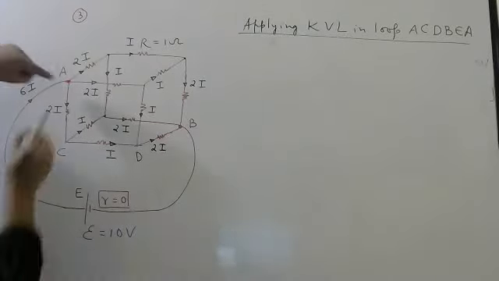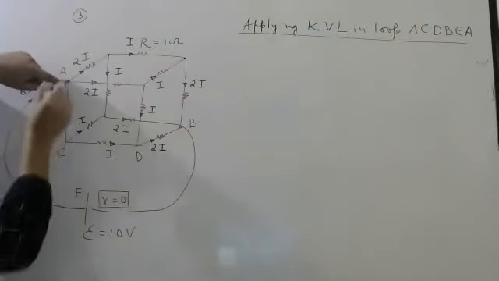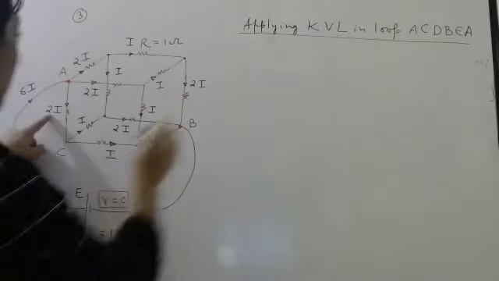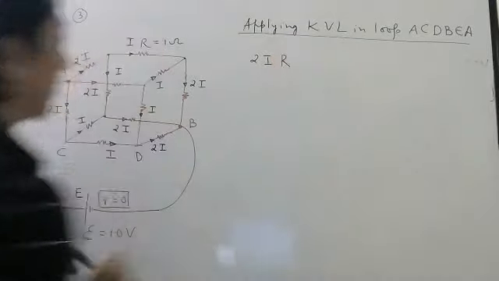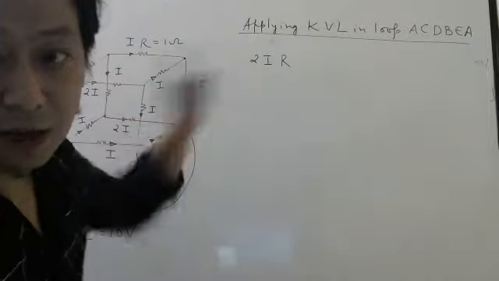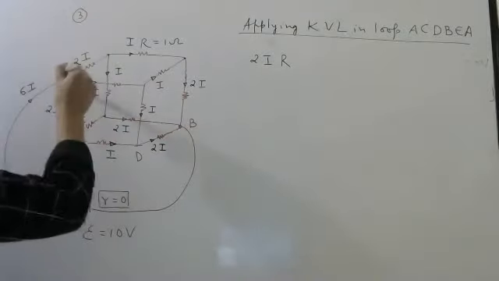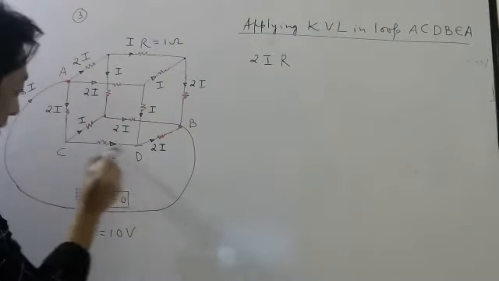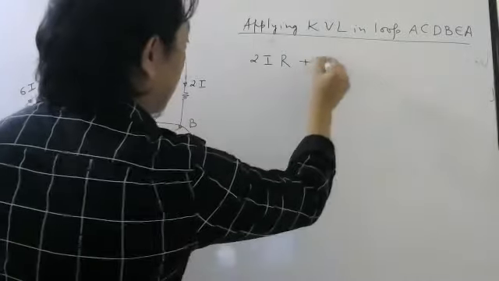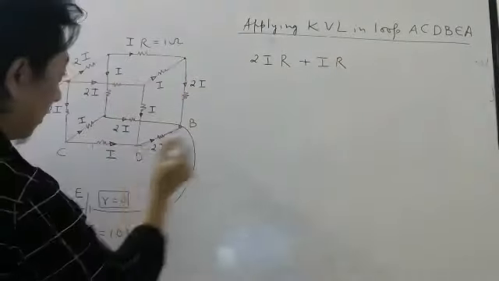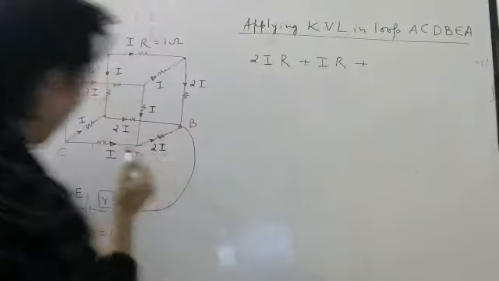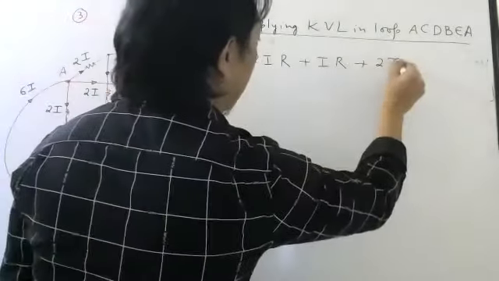Okay, so let us start. From here I'll start, along the current drop. What is the current? 2I. What is the resistance of each resistor? R, let me write it right now. So this is the potential difference, and drop I take as positive, along the current drop positive. Here also along the current, plus I into R. Here again I am moving in the same direction, plus 2I into R.